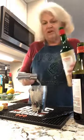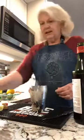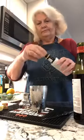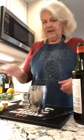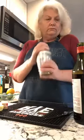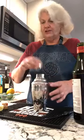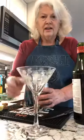And a splash of maraschino liqueur. And bitters. Angostura. A few drops of bitters. Bitters are fabulous in drinks. Let's take it up. You can stir it if you want to, kind of like the Cosmo. I like my drinks to be really cold. So, there, we're serving it in